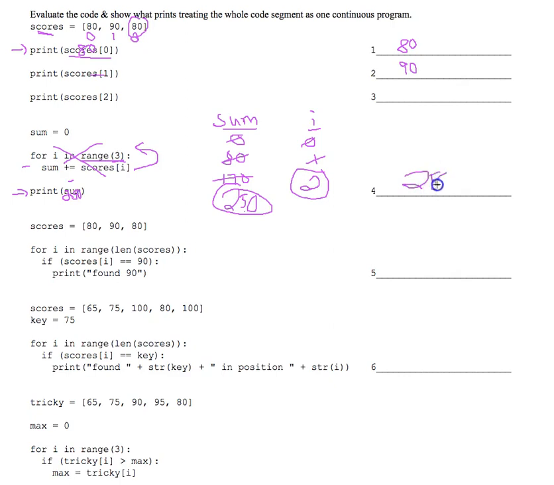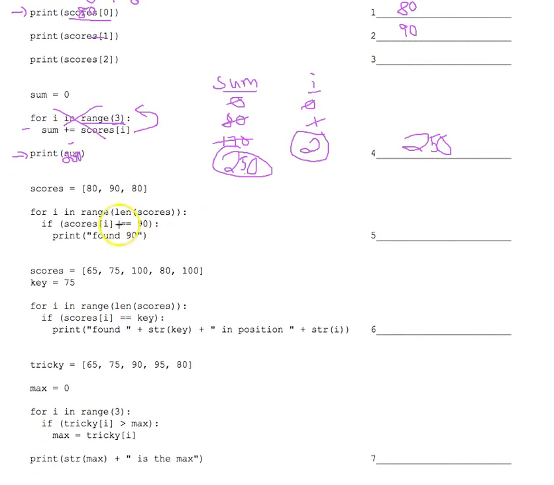So I'll give you that one for free. I didn't do number 3. You can do that on your own time. This one right here is a little bit harder because it's a linear search. We're looking for the number 90. Now you can eyeball this and see that the 90 there is in the middle, and that "found 90" will eventually print. I'm going to put a wrong answer in here for now,